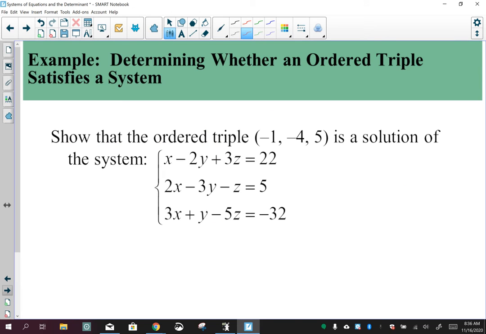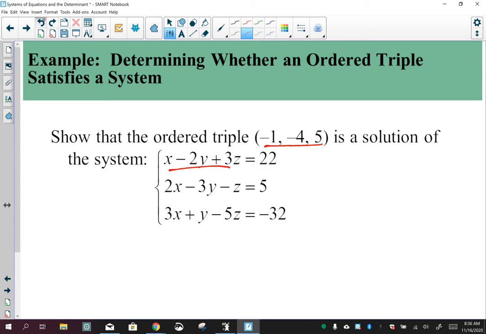So show that the ordered triple 1, -4, and 5 is a solution. Again, this is exactly what we did in the beginning. The only difference is now you have 3 variables versus 2. So you're going to take each one of these and plug it into each one of these and make sure that you wind up with answers that are sitting over here. So